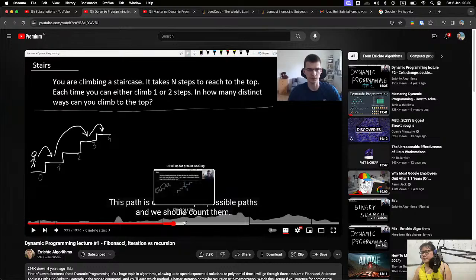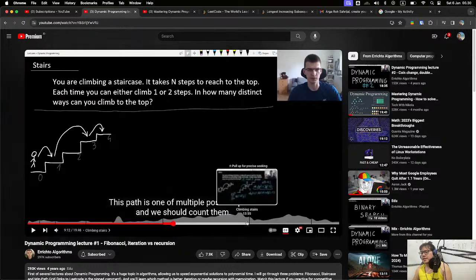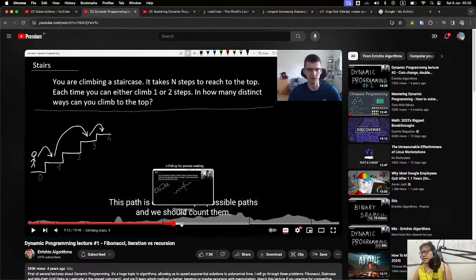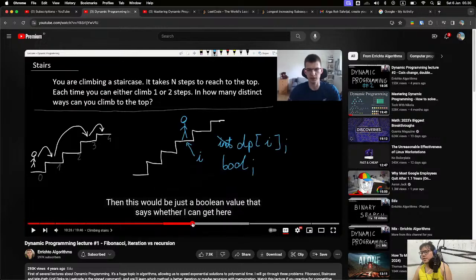The climbing stair example is the one that really helped me sharpen my thinking process on how to come up with a dynamic programming solution or algorithm.